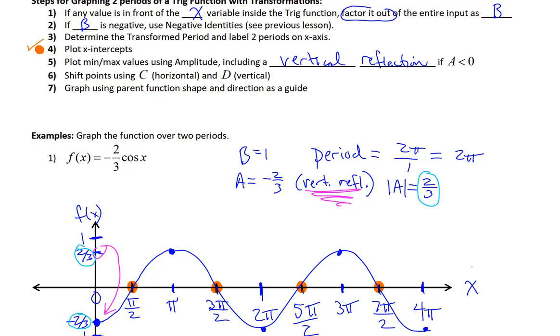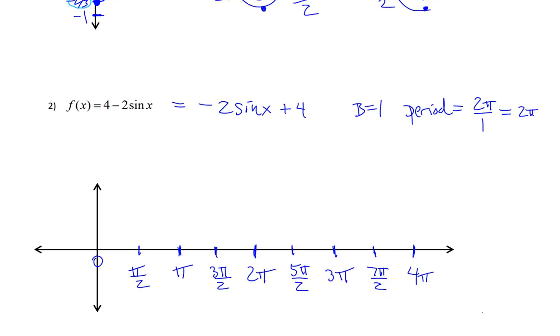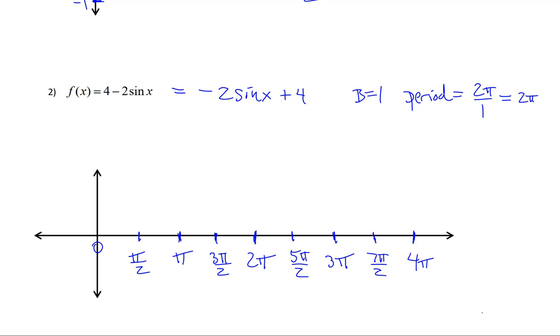Next, we want to actually plot our x-intercepts. So this relies on us understanding what the basic parent function graph looks like. Now we're working with a sine function here. So let's recall that sine has the sine value is 0. If you go back to the unit circle, you can find that all the y coordinates of our terminal points are 0, starting at 0. So it starts at the origin. It's back to 0 at pi,